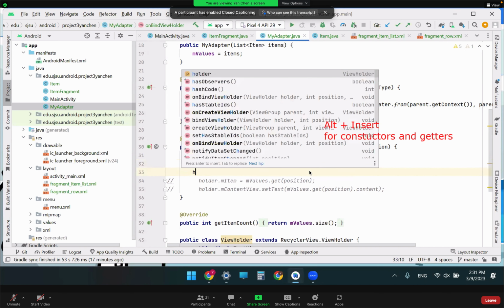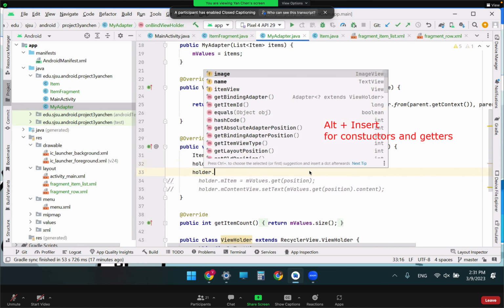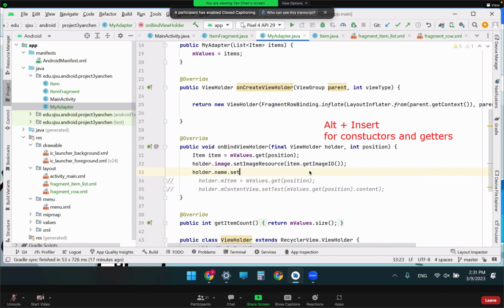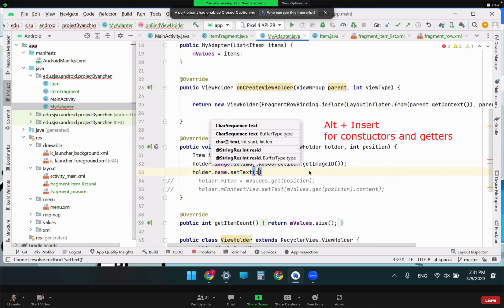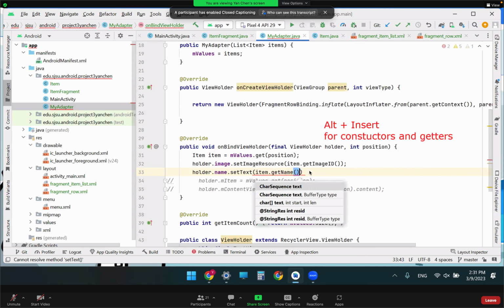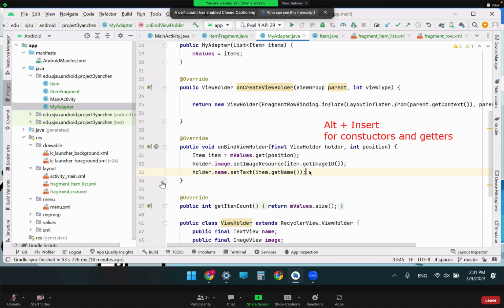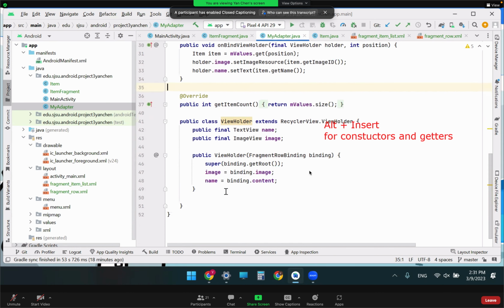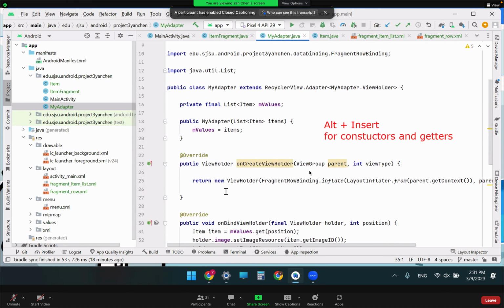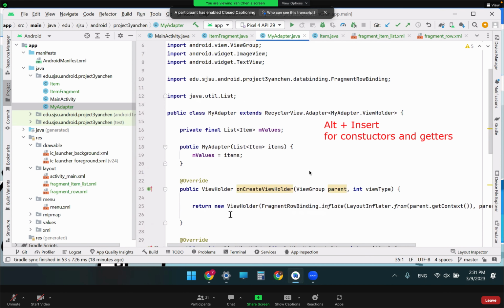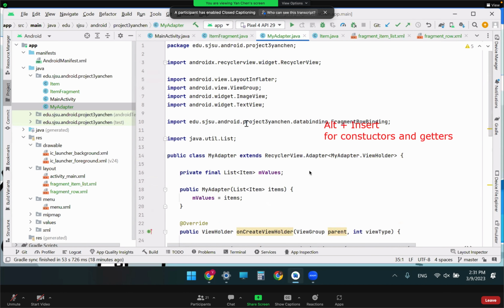Okay, the same or similar thing here. Our name dot set text, and it's the item dot get name. And we don't need all this. Okay. Actually, I think that's it for the adapter for now. Okay. So as a review,